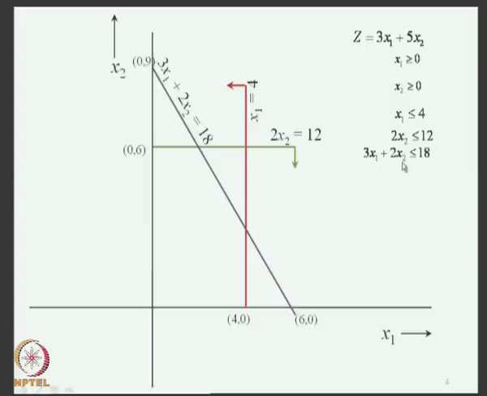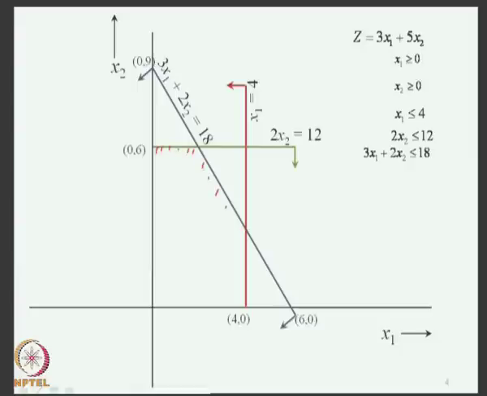Because you want 3x1 + 2x2 to be less than or equal to 18, we look to the left side of this. So, this constraint says that you look to the left side of this. So, in the earlier region that was defined by these two constraints, if you look at any point here now, we are still in that region defined by the earlier two constraints. But if you look at any point here, that will violate this constraint 3x1 + 2x2 ≤ 18. Therefore, along with this constraint now, we have a new region defined, which can be shown like this.